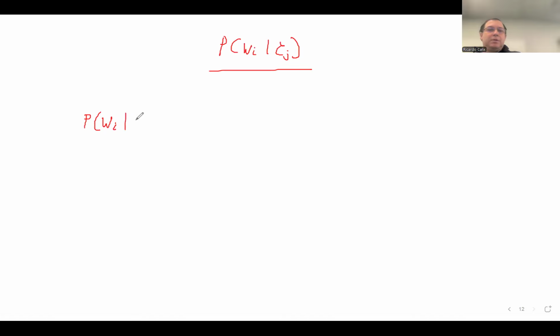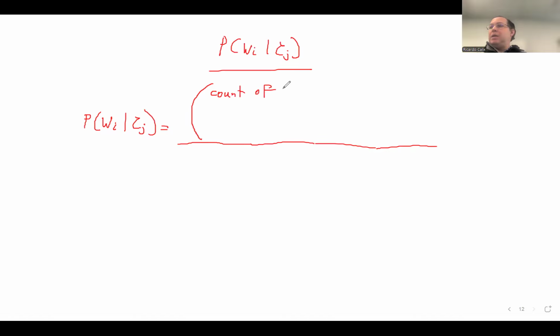So WI given CJ. All right, I'm going to do the same thing as before. So I'm going to have a numerator and a denominator, and because this is in words, I'm going to use a lot of space. So I'm going to use a big description so it's crystal clear. So the numerator is going to be the count of how many times WI, which would be cat or elephant, so a specific word, count of how many times WI